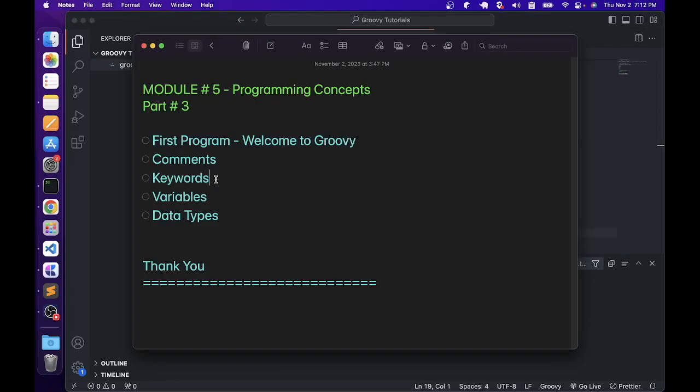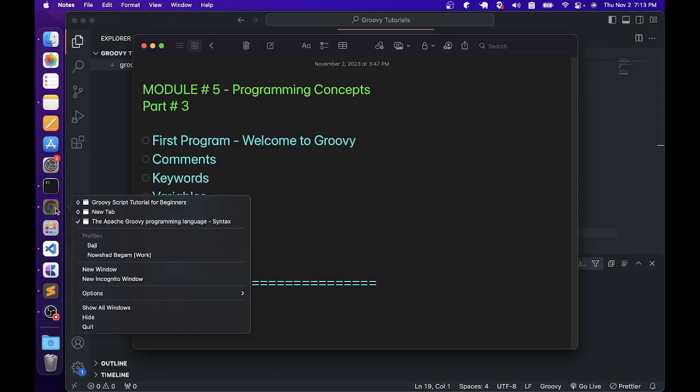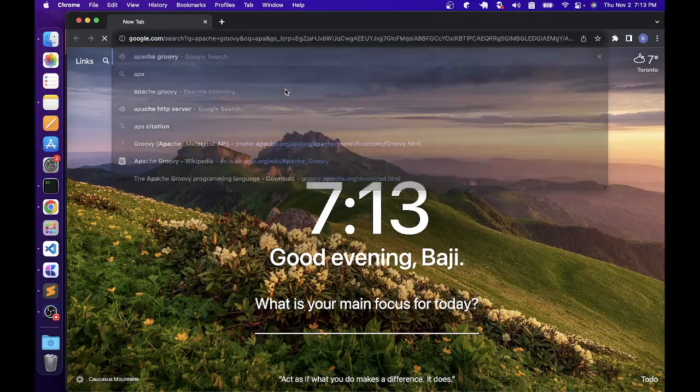Let's move on to our next topic, keywords. Keywords have a predefined meaning in the language, and because of this we cannot use them for naming variables, methods, classes, etc. Let's quickly go to the Apache public documentation and see what are all the keywords that Groovy has. So open the Chrome browser, type Apache Groovy,